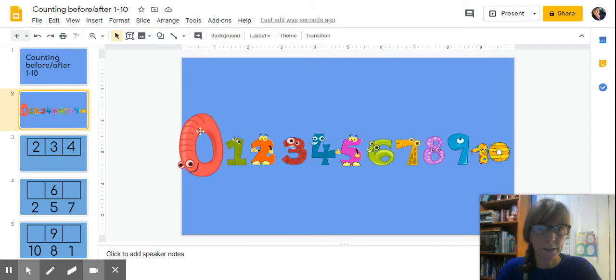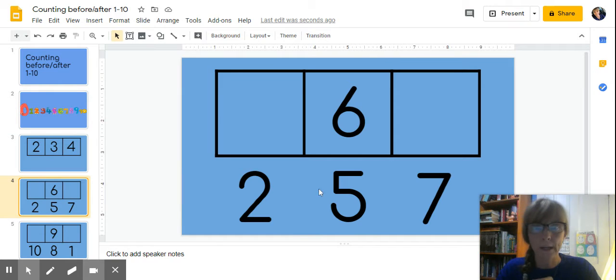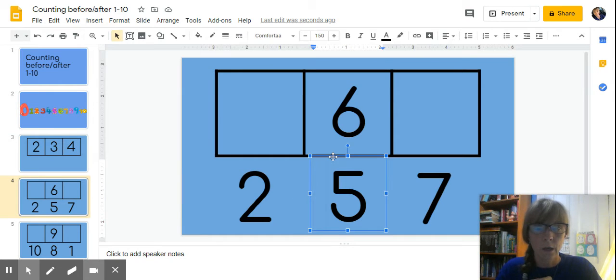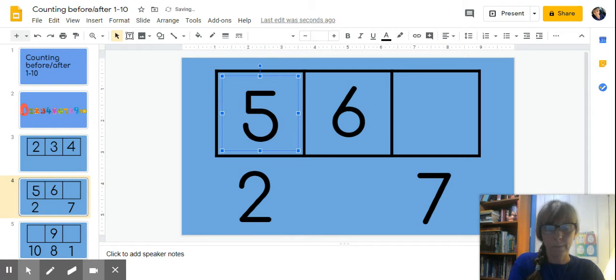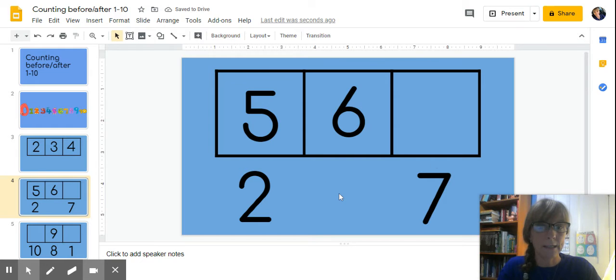Remember, this is the teacher, this is the front of the line. So before, who is in front of or before 6 in line? So here's 6, we're looking in front of. 5 is hopefully who you selected. So we'll go back to our other page. We'll grab this 5 and hopefully slide them up there. There we go. All right, and now we need to decide who's